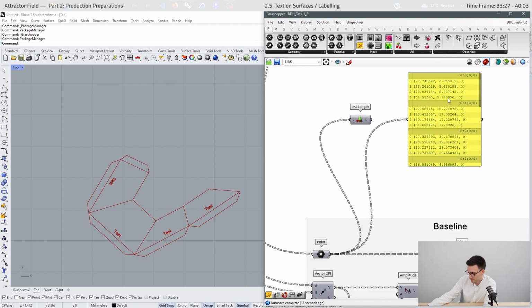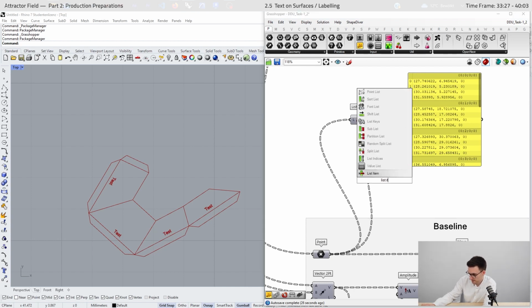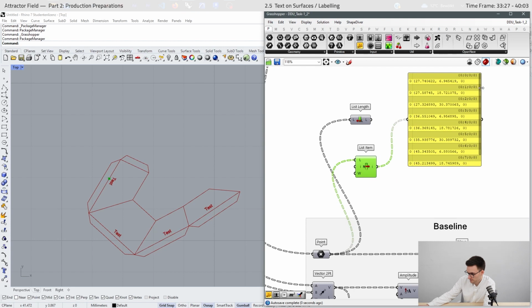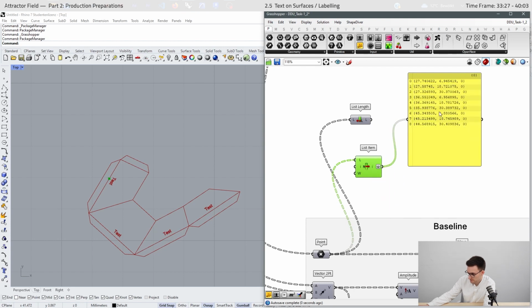Then we need to measure the amount of lists we have here. We can achieve this with different methods. I will just use list item to receive only 1 item per list, like this, and then flatten the list, and now every item represents 1 list.